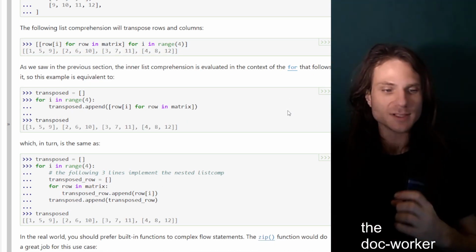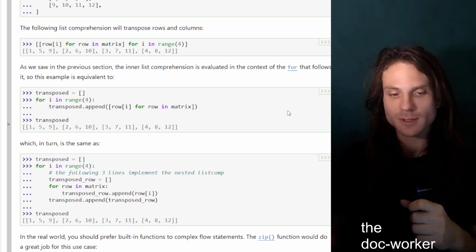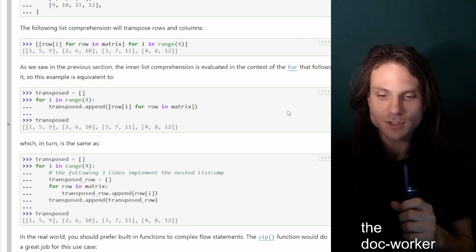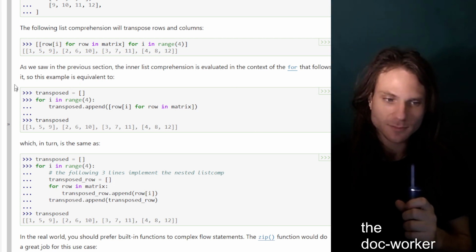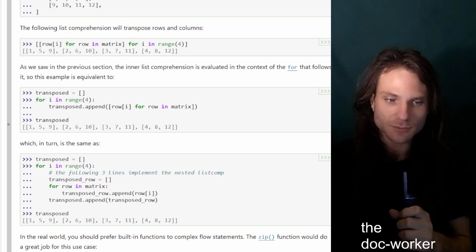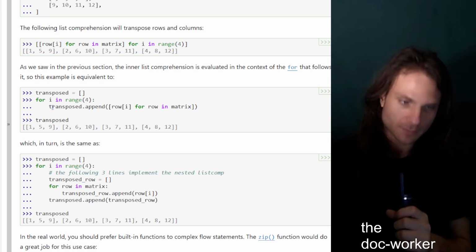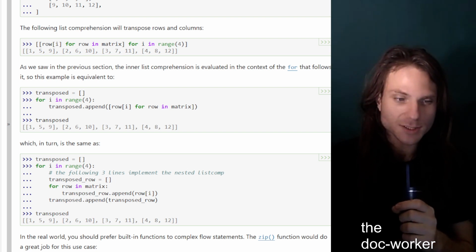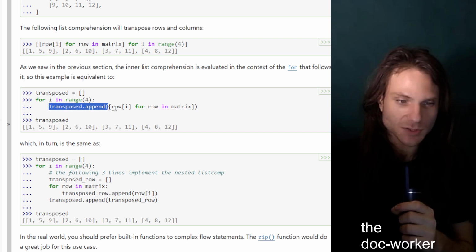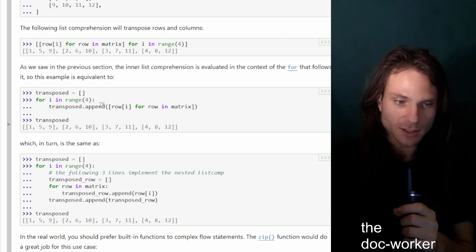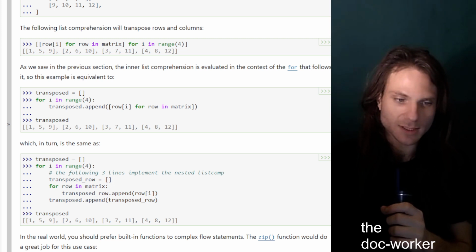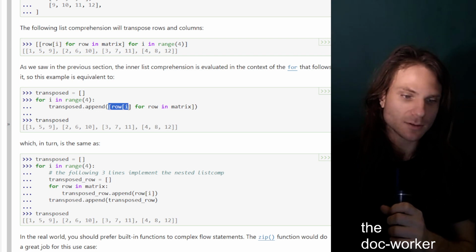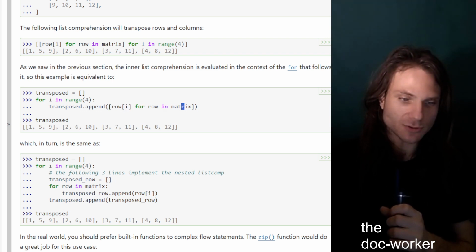As we saw in the previous section, the inner list comprehension is evaluated in the context of the for that follows it. So this example is equivalent to if we just made an empty list called transposed, define the for loop for i in range 4, and then put these instructions underneath it indented, meaning that for each step in this for loop, these instructions are executed. We will use a .append method on this empty list transposed, and to the empty list transposed, we will append the result of using this for each row in matrix,